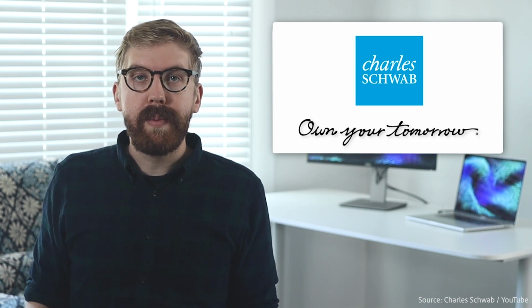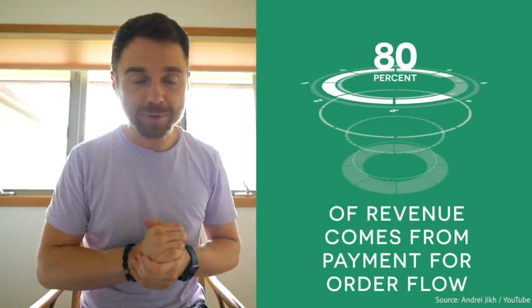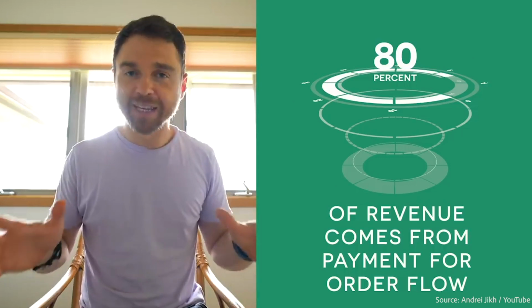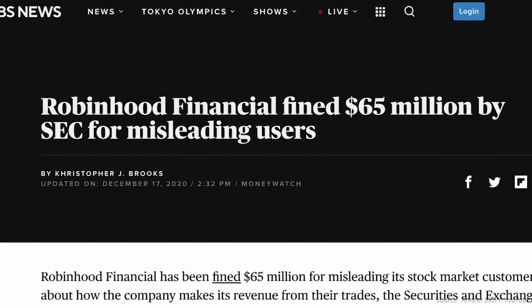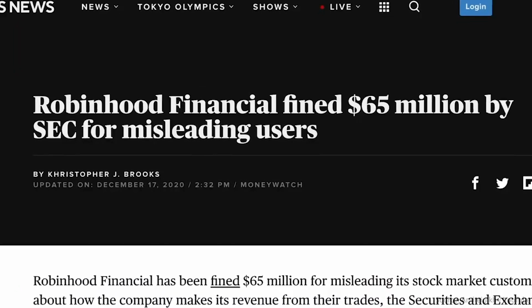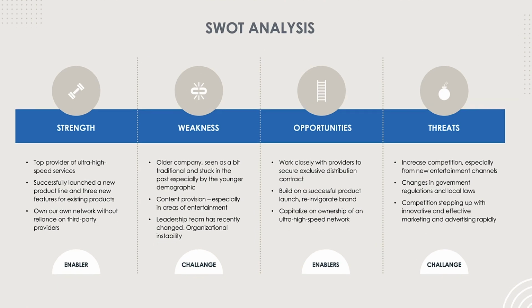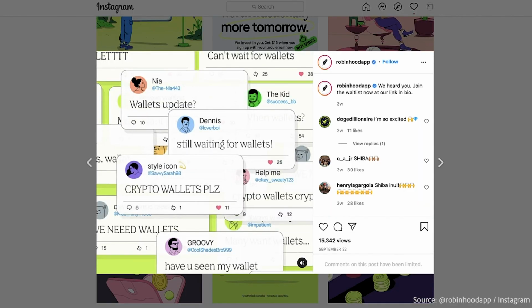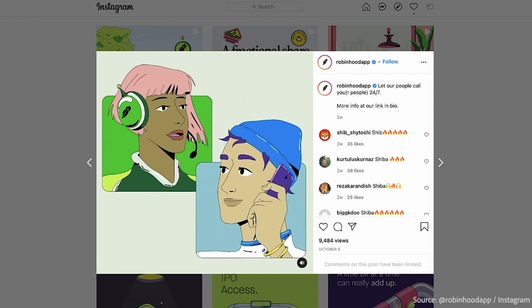Another way Charles Schwab makes money is account management fees, while Robinhood makes 80% of revenue from payment for order flow. This payment structure is also an external threat against Robinhood, as the SEC recently fined the company $65 million for misleading users with the process and is still actively investigating. However, Robinhood has opportunities to grow more vertical and offer additional portfolio services. It recently announced it would offer crypto wallets and 24/7 customer support, and could even grow with additional advising